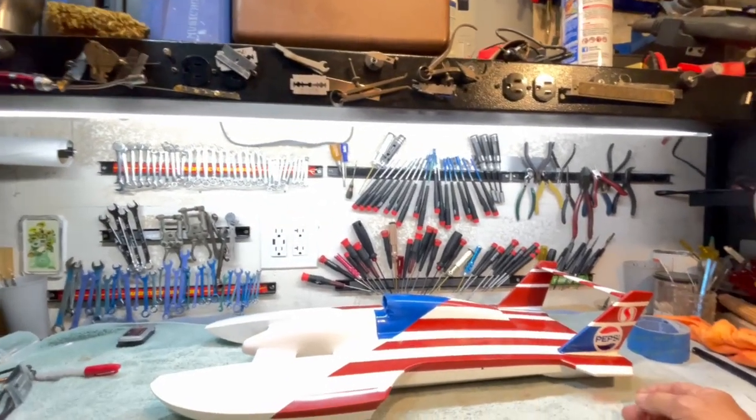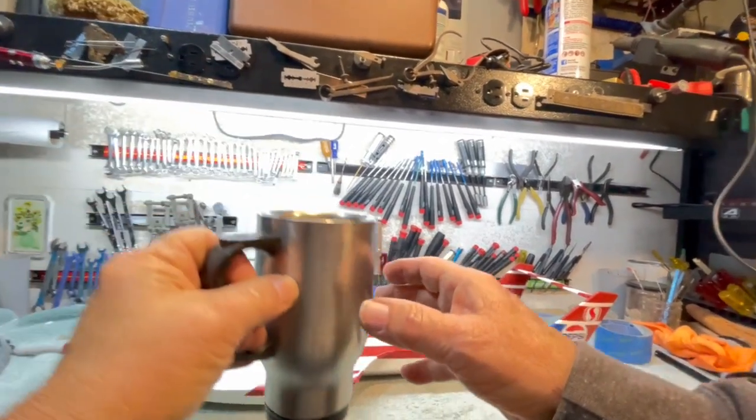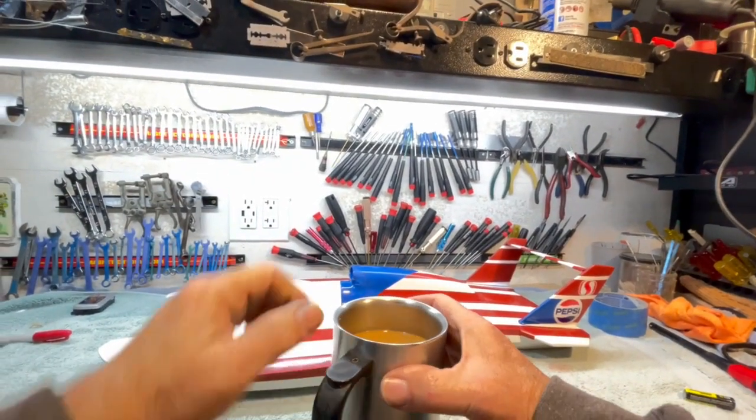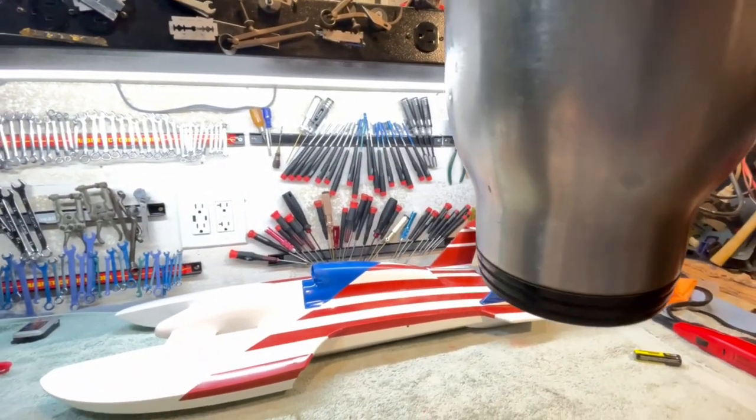Yesterday, we had quite a mystery. It was, where are the parts to finish the boat here? And so,